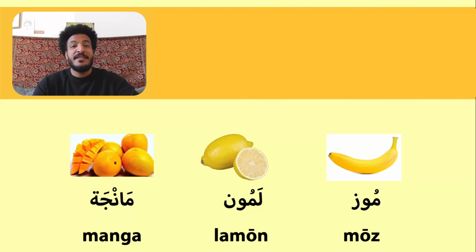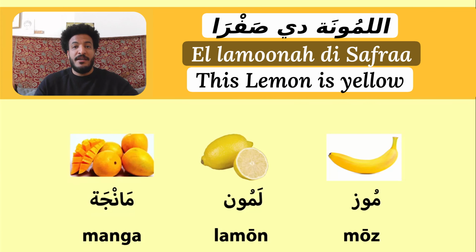And the next one we have is ليمون. ليمون is lemon or lime. We don't have the two different types. We have just one. So for us, ليمون is both the lemon and the lime. Okay? So we used it earlier and we said أنا بحب أشرب ليمون نعناع. I like to drink lemon mint. And to say this lemon is yellow, الليمونة دي صفرة. And why did we say صفرة and not أصفر? This will be the tip at the end of the video. Stick around and you will learn it.